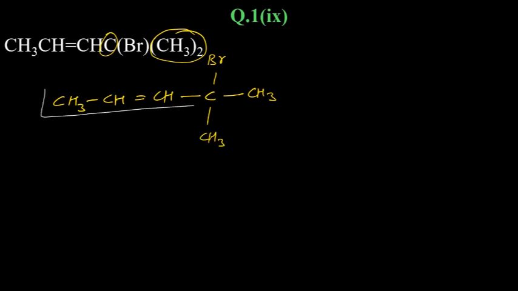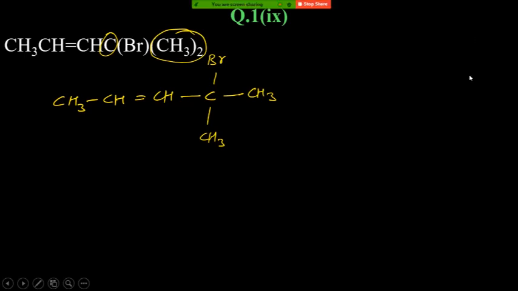The longest chain will be this one. Okay. And the numbering will start from the right hand side because branching is near to that. No, no, tell me, sorry. You need to tell me whether it will be from left hand side or right hand side and why, the reason. Okay, they be correct. Those who have given already the correct answer, good. Yes, correct. That is the reason. Shashwat correct. Arohi correct. Ashi correct. Good.